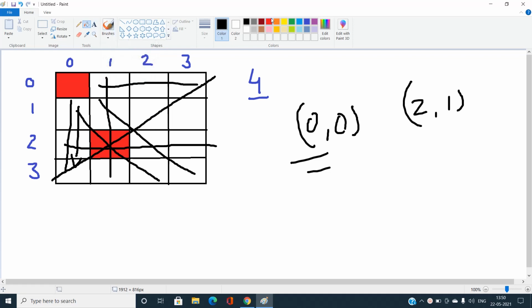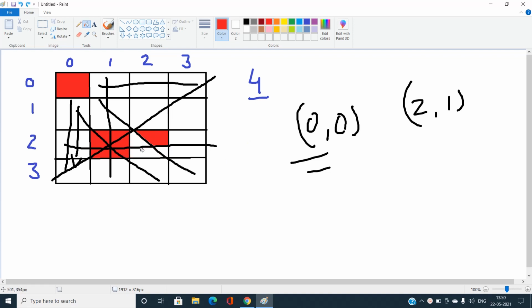I'm going to change the color first. Okay, I'm not going to place any queen over this position. If I place it, it will clash with 0. Can I place over here? No, I can't. If I place over here, it will clash with this position. If I place any other queen over here, no, I can't, because this position is going to clash with the queen at 2 comma 1.